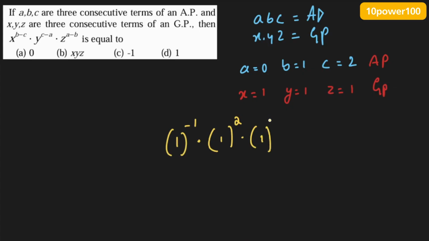Z is 1, and a minus b is minus 1. Now 1 power minus 1 is nothing but 1. 1 power 2 is 1, into 1 power minus 1 is 1. So the answer is 1 into 1 into 1, which is 1. 1 is the correct answer. So we can conclude here that option D is the correct answer. Now, if you can try this out,